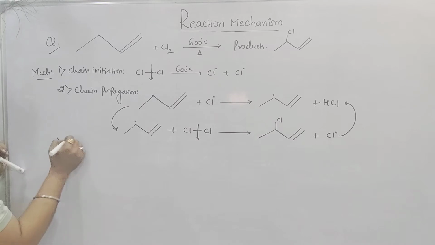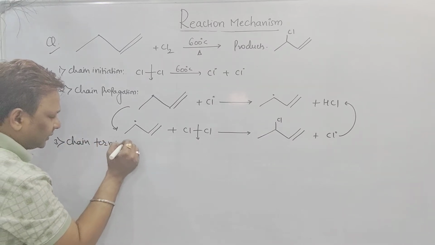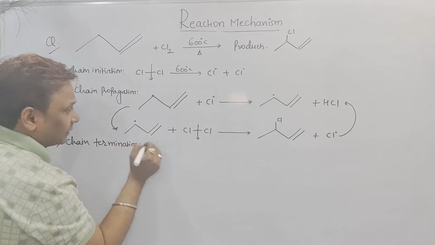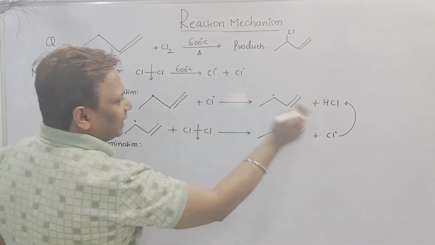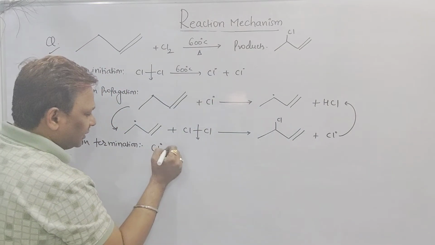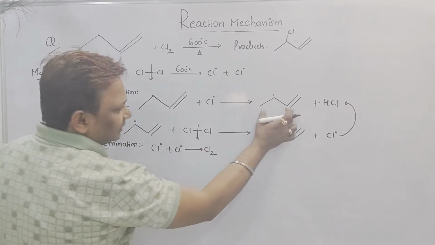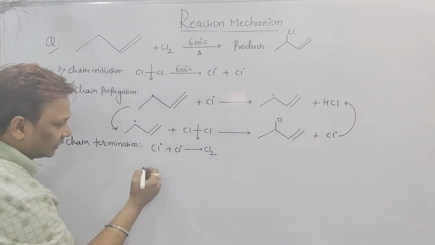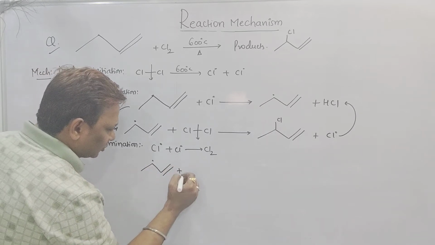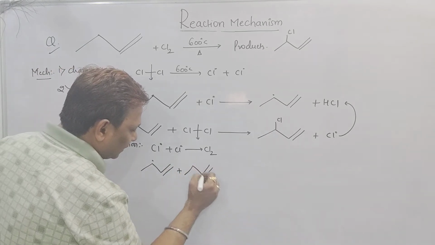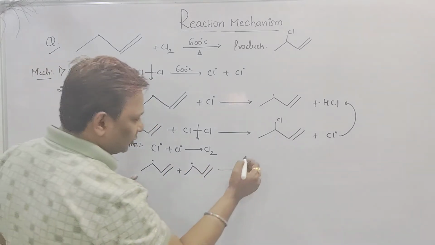Sir, third one, we have chain termination. Please remember, beta, in termination, whatever radicals are available in the process, collect all the radicals. We are having Cl radical, yes sir, which combines with Cl to form Cl2. We are having this allyl radical. Check it with the allyl radical, 1, 2, 3 double bond. It is also combining with the 1, 2, 3 double bond. They both combine to each other, and what they can form, I'll show you.